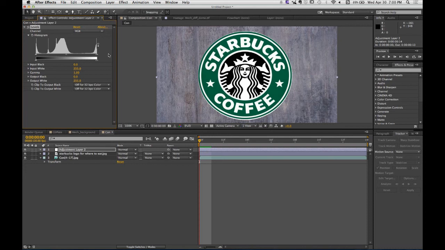So what do these mountains mean? These mountains represent the amount of pixels, okay? The computer's going in and it's physically counting all the pixels that have the exact same color. So on the left side of the histogram, pure black. On the right side of the histogram, pure white. So the computer is going through and it's counting all the pixels that have a color value of 255. And it's drawing us a graph, a vertical graph, to represent the amount of pixels